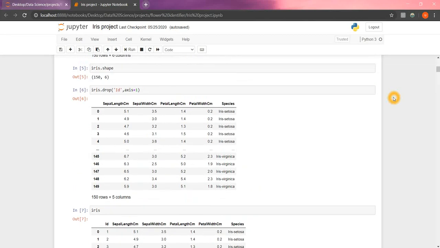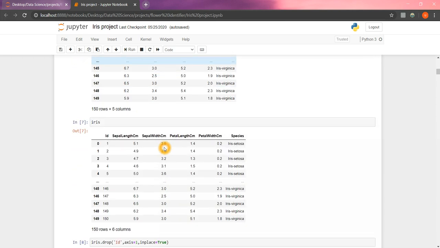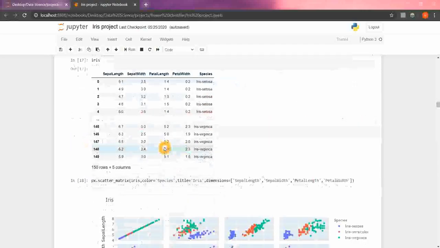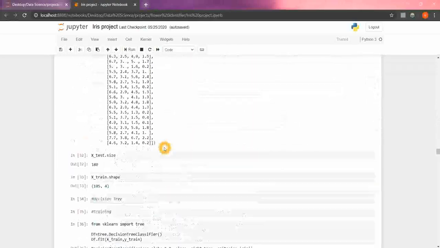So let us see what dataset I have taken. This is the dataset I had taken. These are sepal length and sepal width, petal length and petal width. These are different types of flowers. Using the decision tree algorithm, I want to classify which type of flower it is by seeing these parameters. My model is going to decide which type of flower it may be by seeing these parameters: sepal length, sepal width, petal length, petal width. So let us see the implementation of that here.